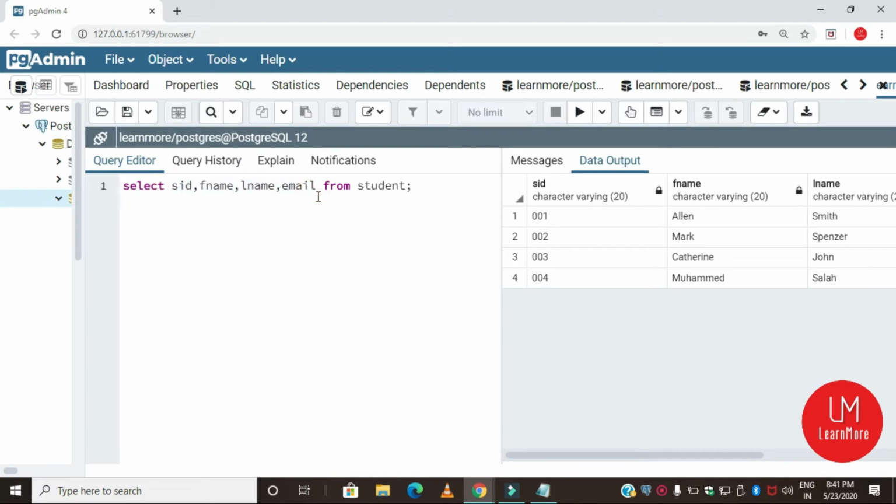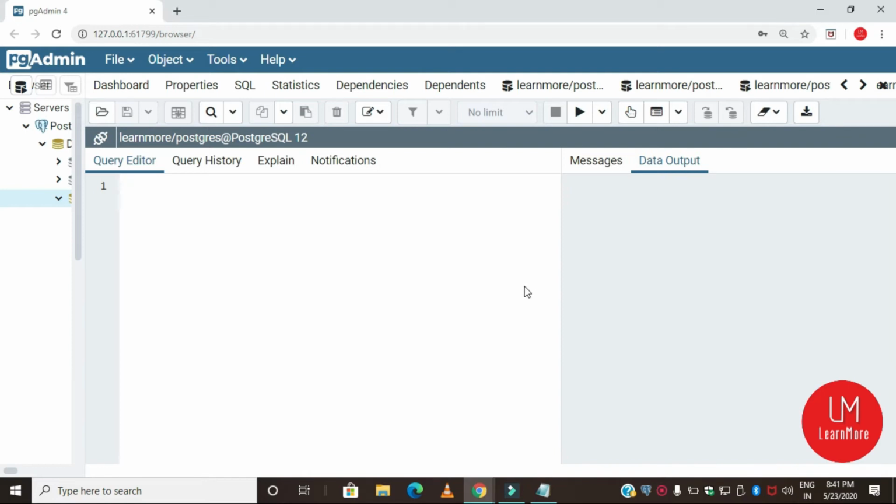You can use the select statement with expressions. For example, suppose you want to get the full name of a student. You actually stored the names in 2 columns, first name and last name. But if you want a column that displays the full name of the student, then you can use expressions with the select statement.